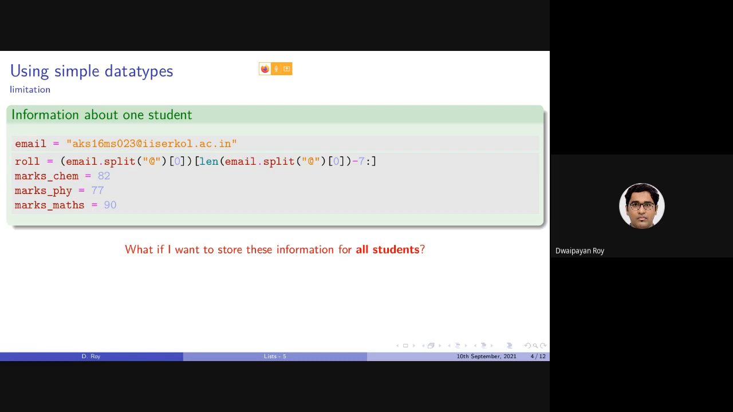Now, what if I want to store this information, like emails, rolls, and all these marks, for all the students who have already enrolled in this course? With the knowledge that we have gained so far, the solution would be to declare a variable for each email of each student. For example, if there are 100 students, we need to declare 100 email variables, say